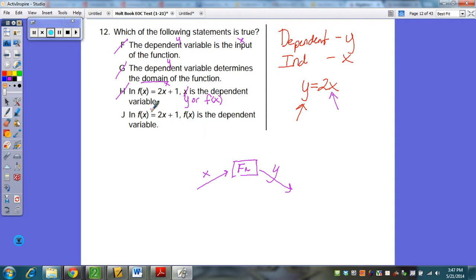In f of x equals 2x plus 1, f of x is the dependent variable. And again, we got to that point by elimination, but we realized that whether we're talking about y or we're talking about f of x,